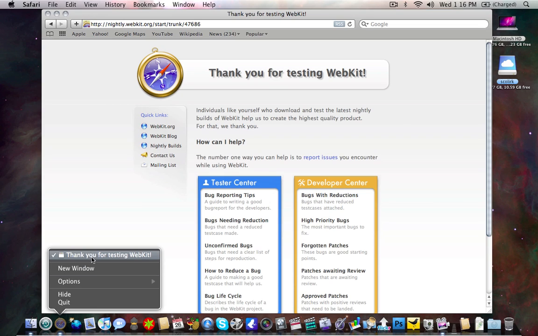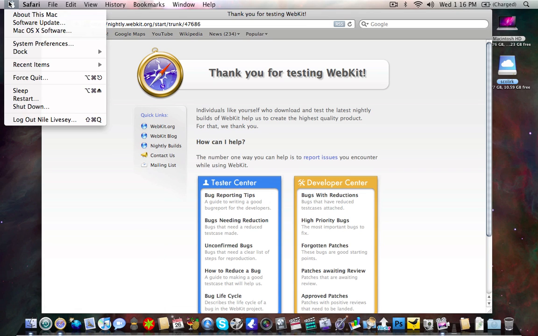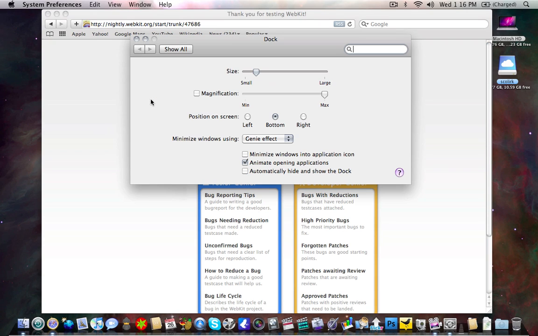We'll show you all the bars that you have. You can create a new window and then all the same features that you have there. One of the changes that they have done to the dock, which is turned off by default, but you can turn on by going into the system preferences and turning it on,